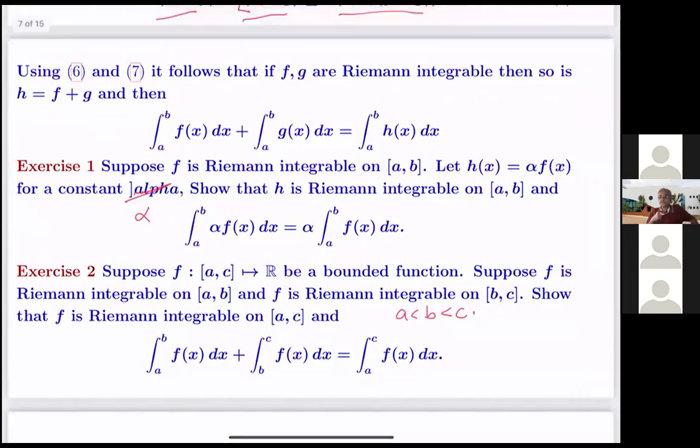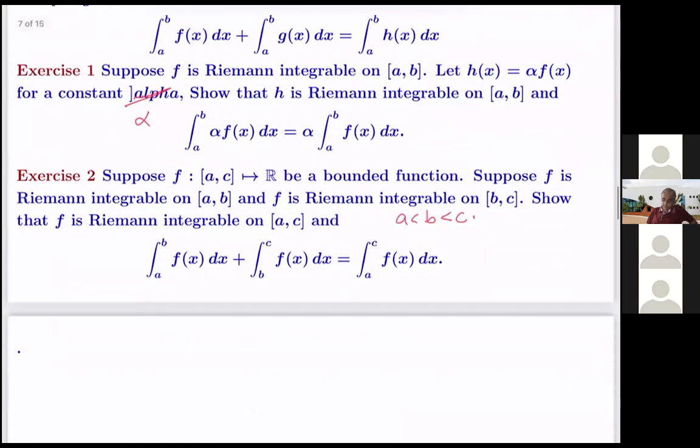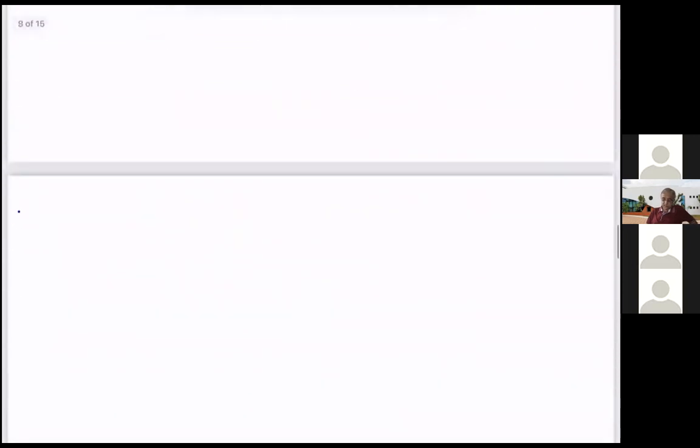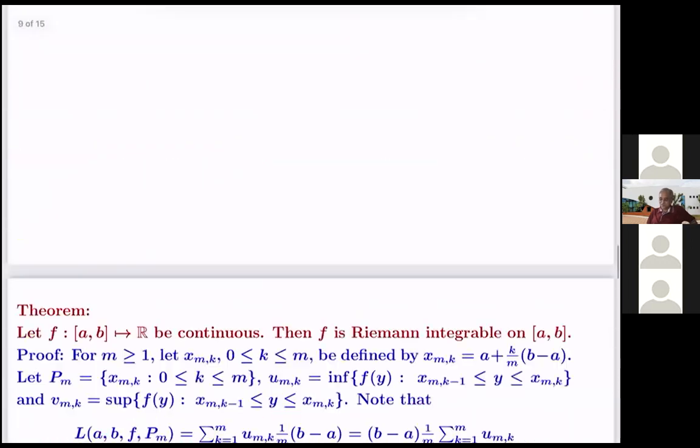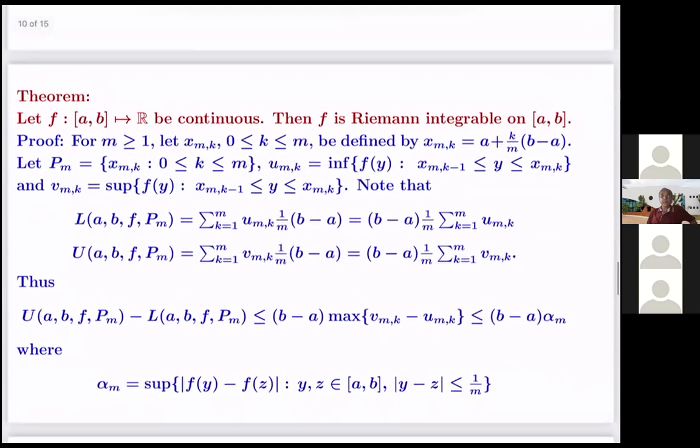Any questions? I've left blank space to be able to answer questions, but there are no questions, so it's okay. All right, so the